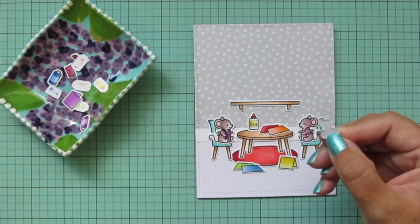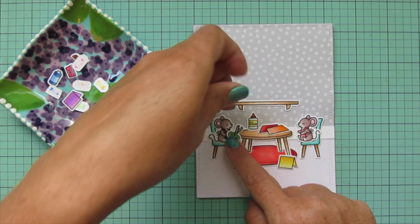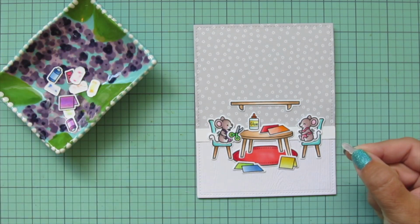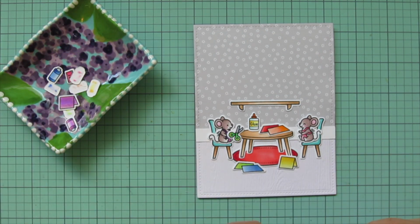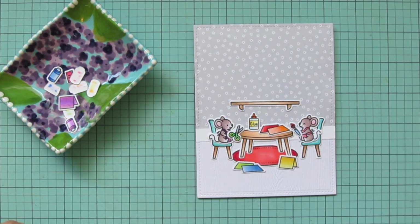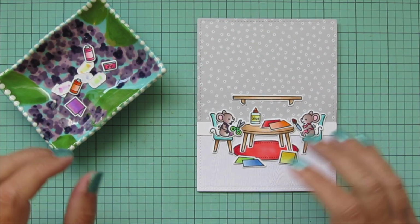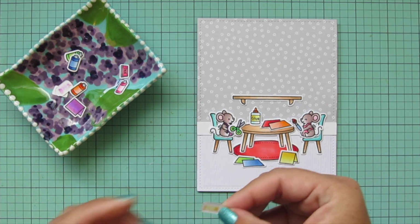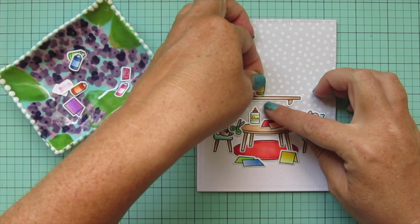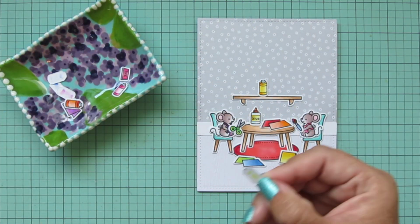So you can see the red and the orange cardstock are way over on the right hand side of the table, and then the yellow is down below, and then the blue and green are over to the left. So I'm just trying to mix it up and not have everything in straight order, just to kind of, like I said, pull your eye around the scene, you know, and that way you'll get more visual impact. So I'm going to start adding my bottles to the shelf now, and I'm going to begin